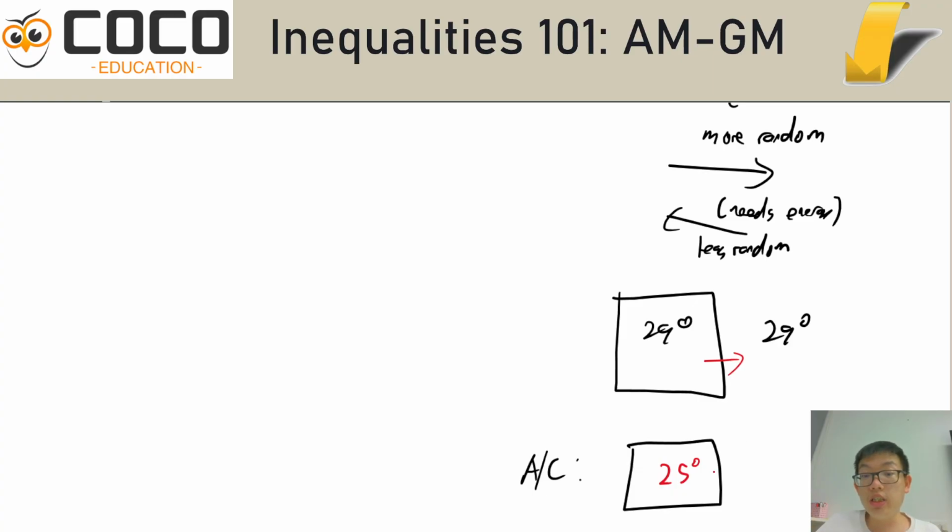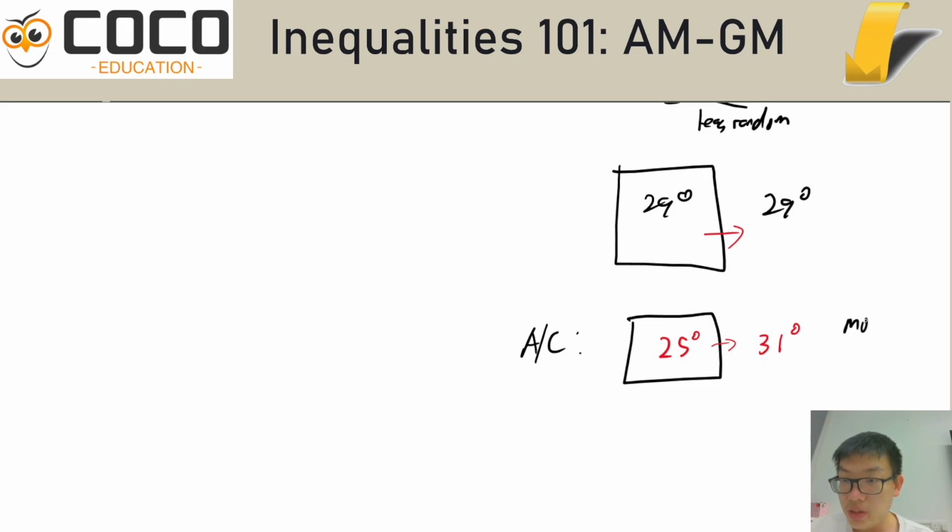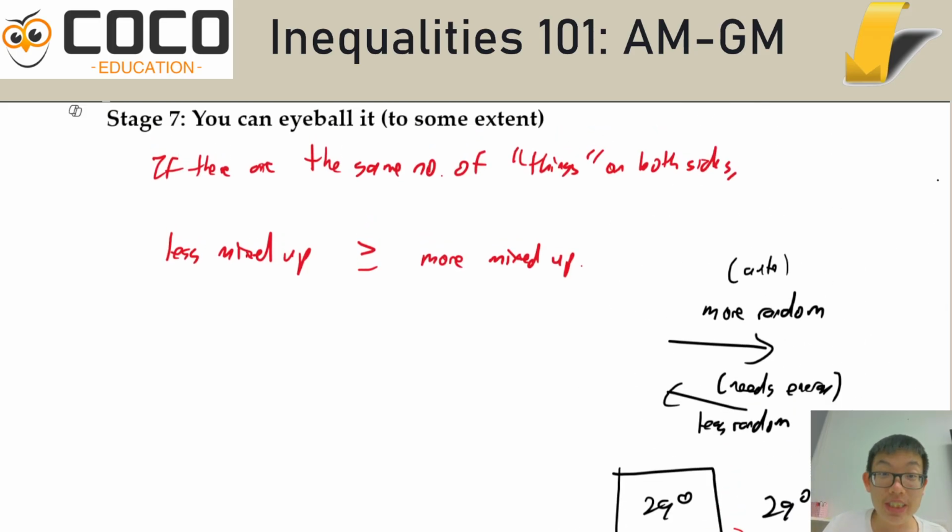Because we still use energy in order to push a little bit out. Obviously, your room is much smaller than the surroundings, so maybe that will cause the aircon to compress and blow out some hot air, and then in the rough vicinity of it, it becomes, let's say, 31 degrees. This, therefore, is so-called something that is more desirable. But this is sort of the equilibrium in a way that will make your science teacher vomit. Basically, this is the second law of thermodynamics. And this is also how AM-GM works.